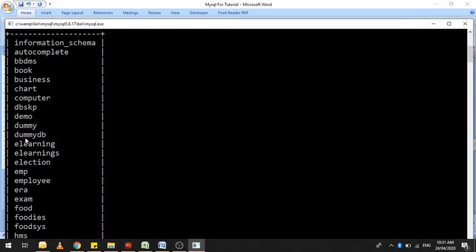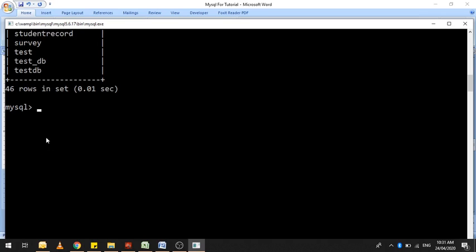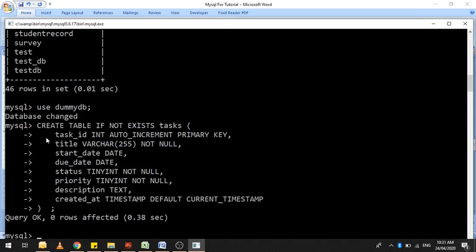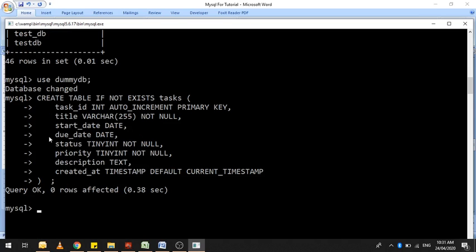I want to use dummy DB as a database, so the use command will select the dummy DB database. Now I will paste my command and the command has been executed and one table has been created named tasks, and those are the fields of that table.